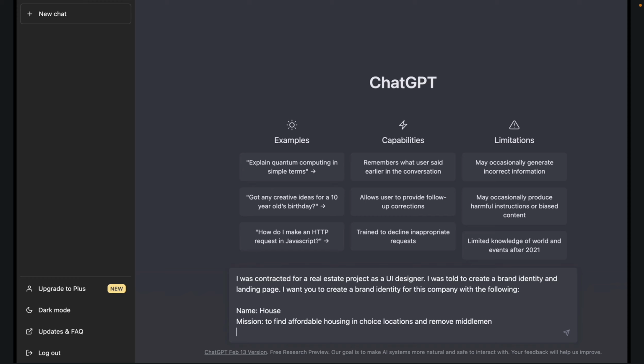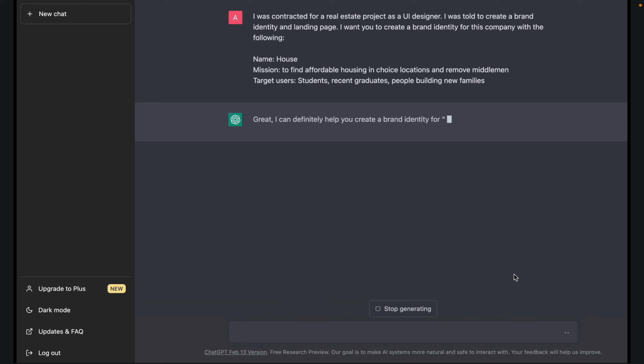Now, the next thing is our target audience. So our target users in this will be, let's say, the students, new graduates, and new families, or people building new families. So let's change this new to recent graduates. This is just an example. Then when I click on this,